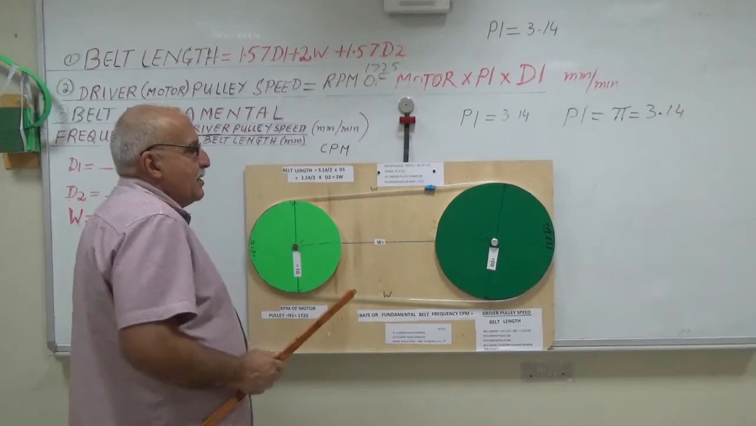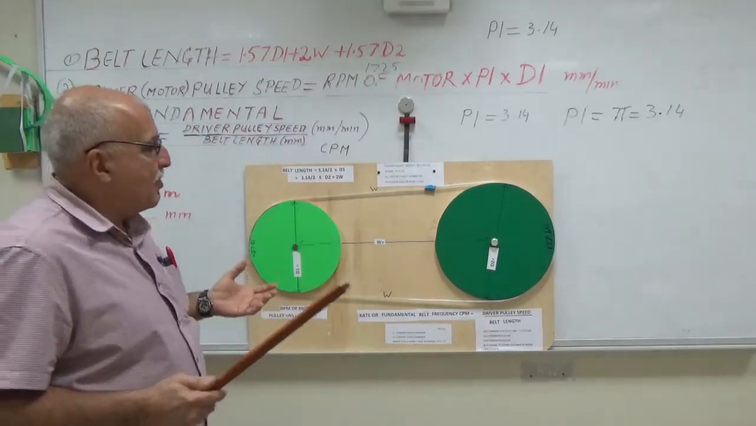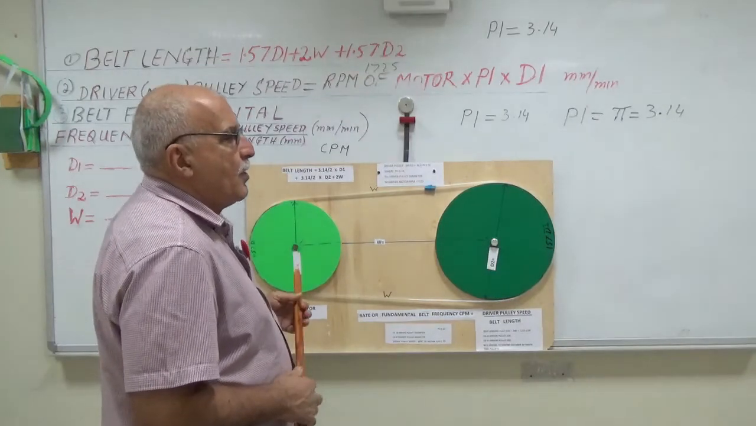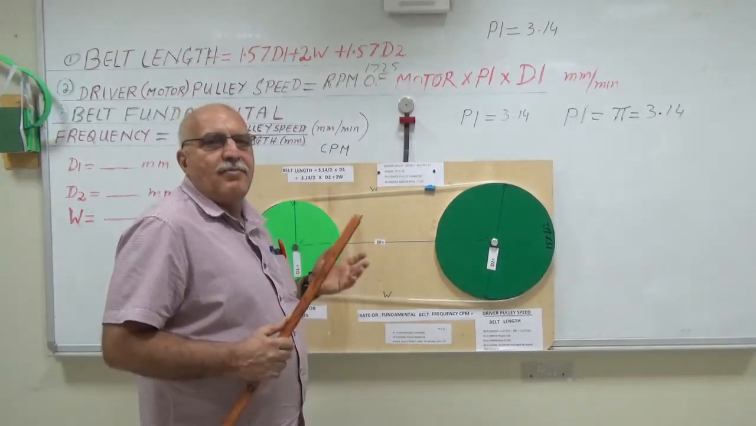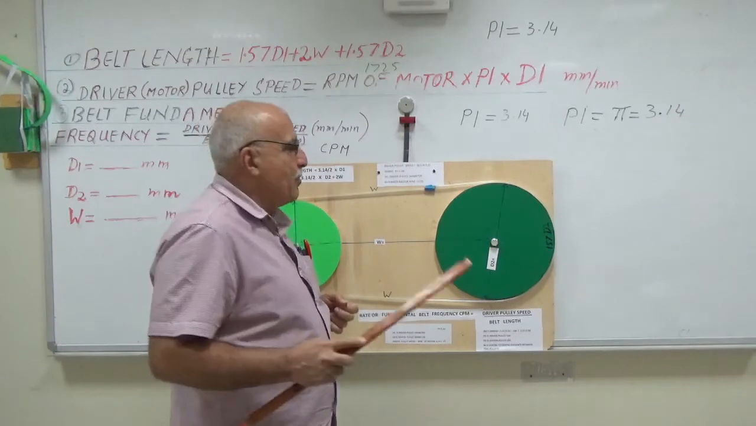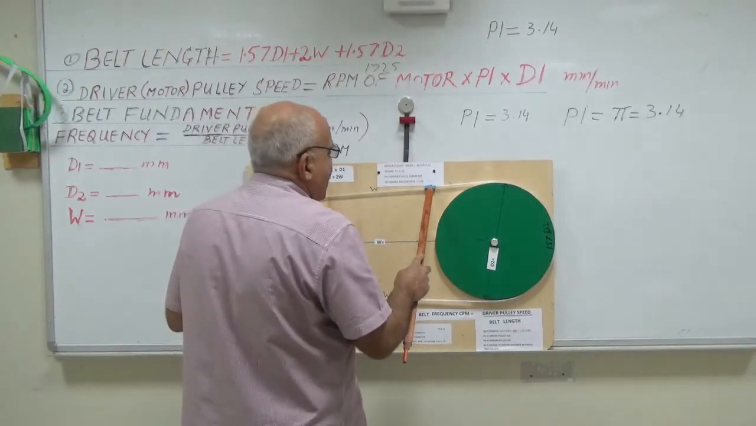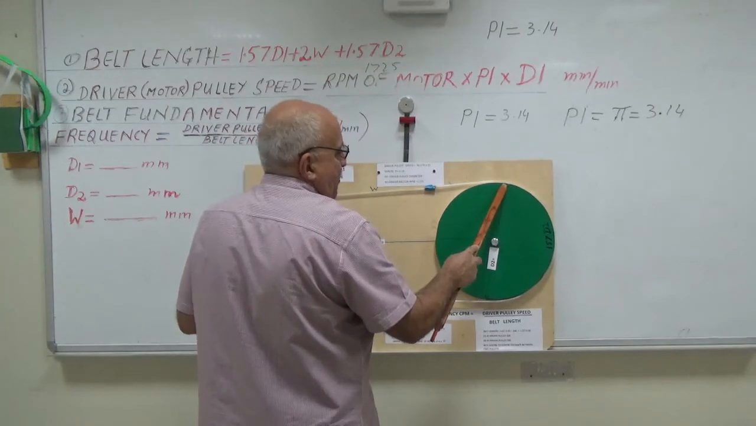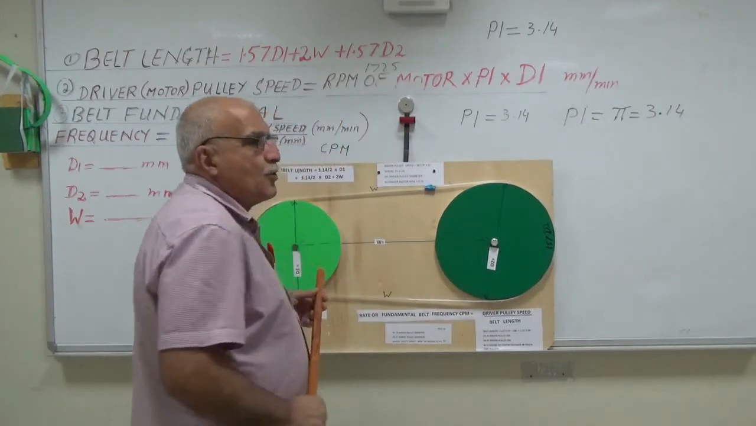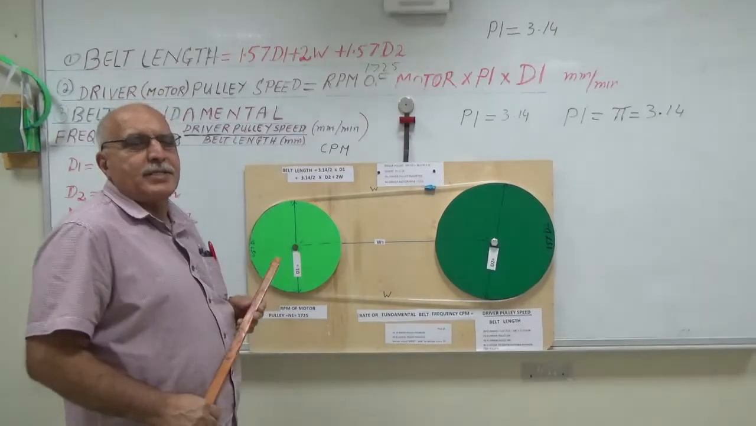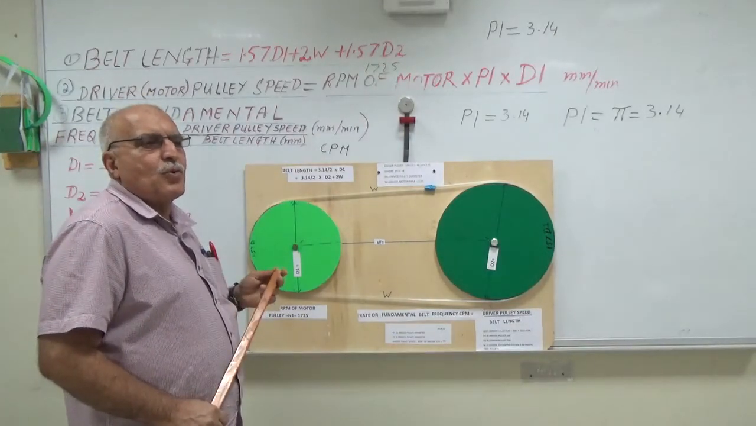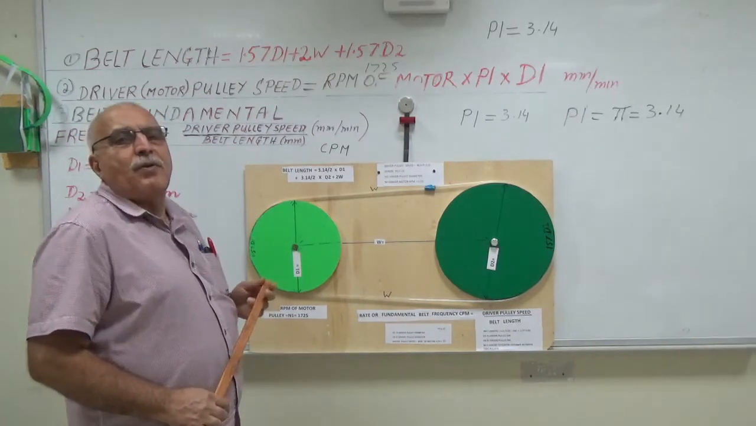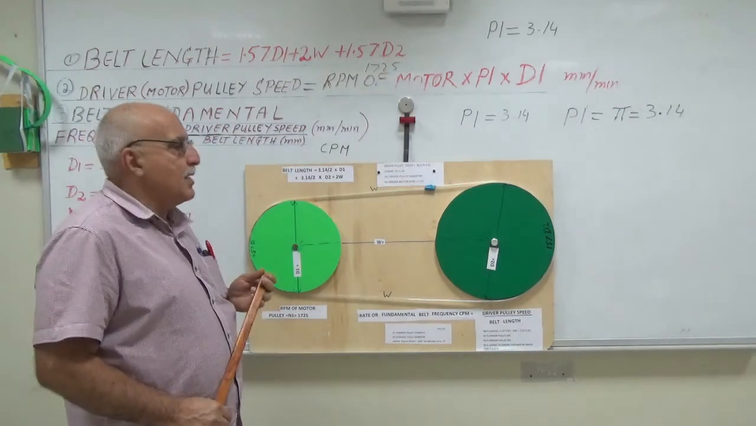When this damaged point passes through this point, I will say there will be some vibration. So for each round, I will consider one vibration when this damaged part of the belt passes through this point. So the total number of vibrations in the total number of rounds per minute